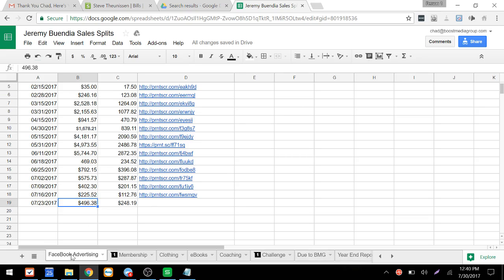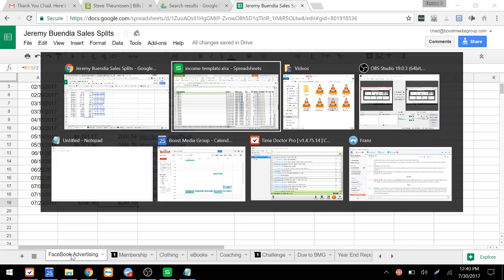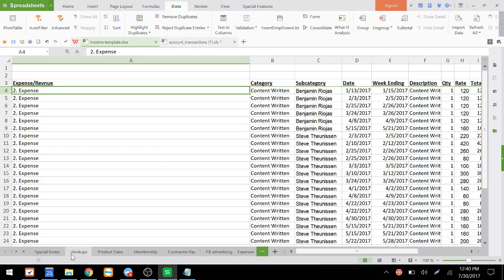Facebook is not a revenue, it's a cost, right? Right now it's the only cost that we share with Jeremy. So we have an agreement that any advertising we do, it's 50-50. So for the Facebook cost here, we want to see the amount of income we're making, not what Jeremy's making. So we're going to be splitting out, okay, this is how much revenue we're making from the ebooks and doing this by the quantity.